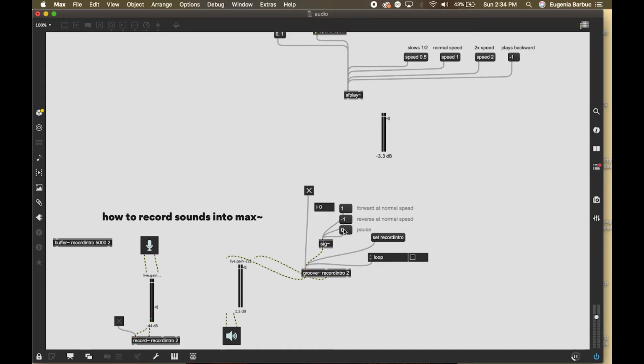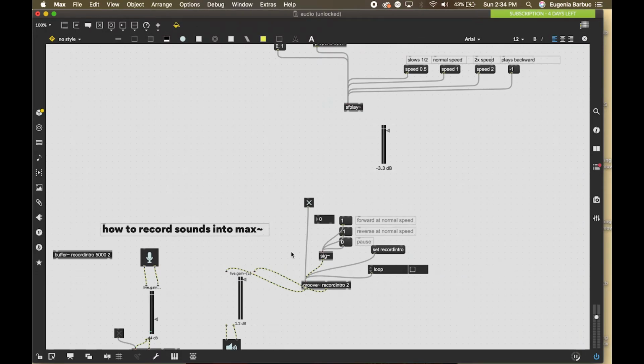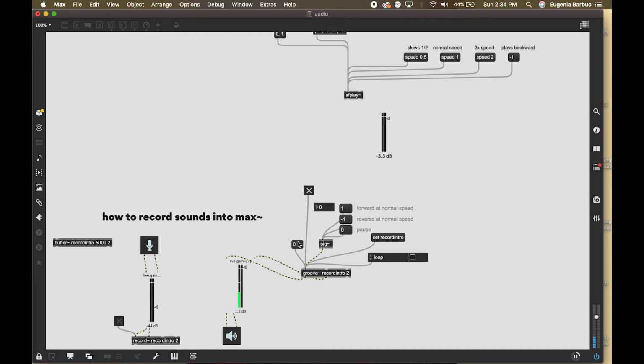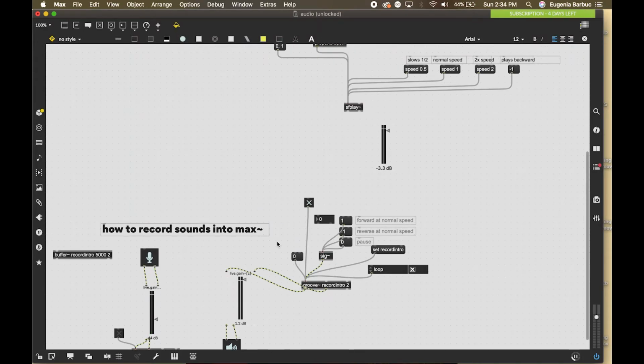In order for that to work, I'd have to actually send a 0 message to Groove. So let's go ahead and do that just so you understand. Well, this is just what it needs to clear the information and start over again. Hi, Walter. But that's annoying, right? Like, no one wants to do that. So we'll just click on our loop here, move this,